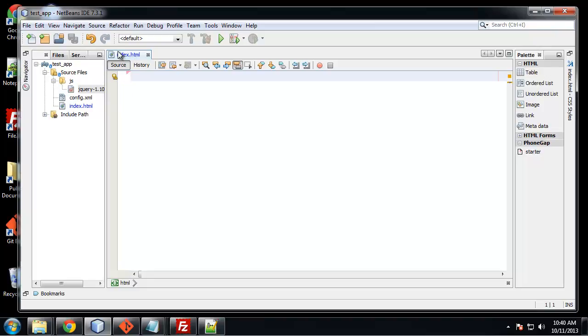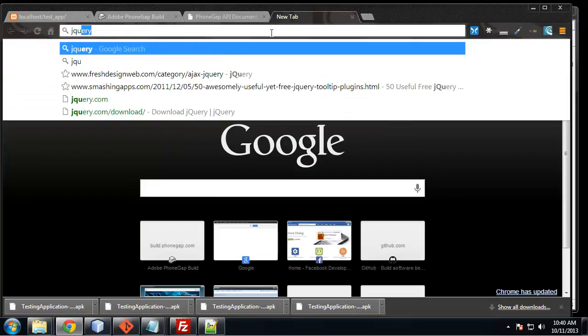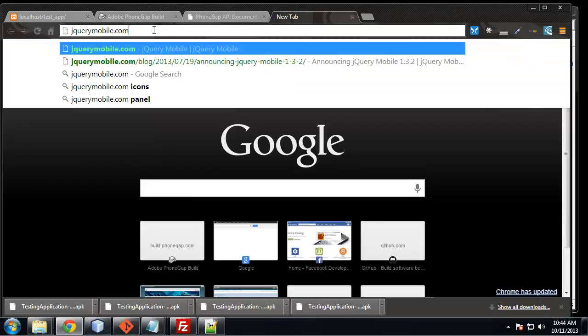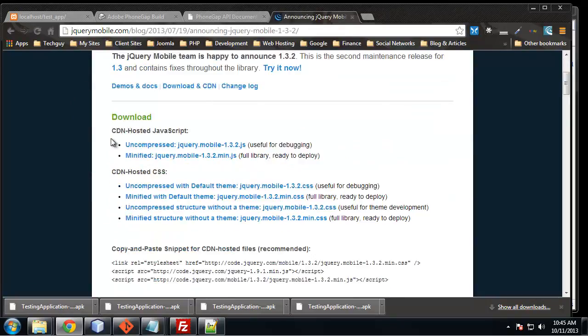What we have here is a blank index.html file. We have a JavaScript folder with the latest jQuery. What we need to do now is get the jQuery Mobile file. So let's go to our browser, I think it's jQueryMobile.com. Alright, so we just want to click on the latest stable version, and we have a couple options here. We can use the CDN hosted files, but you don't want to do that in a mobile app because if there's no internet connection, things probably won't work right. So we're going to go ahead and download the minified version,